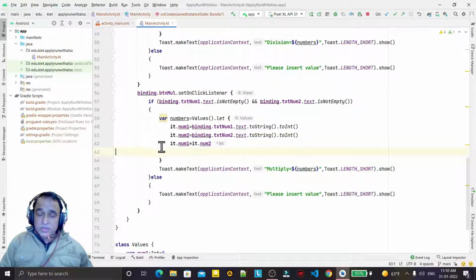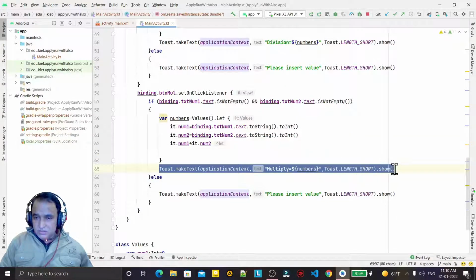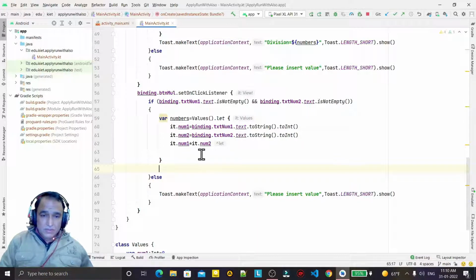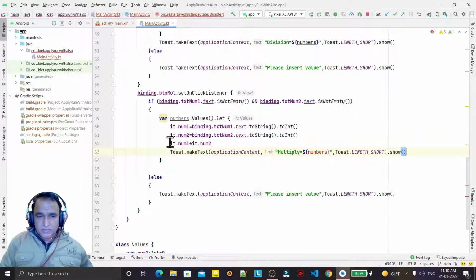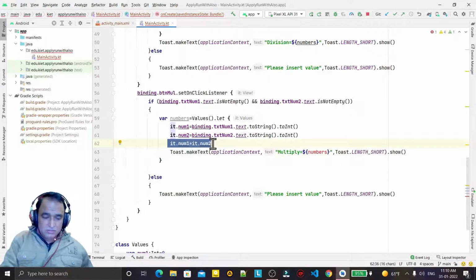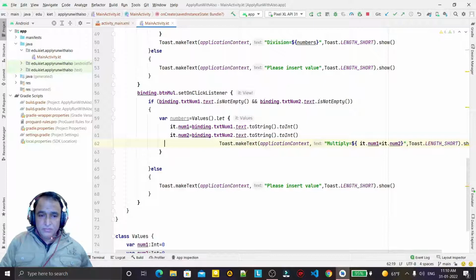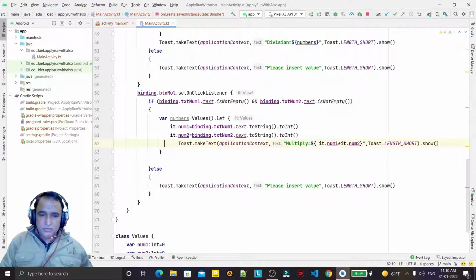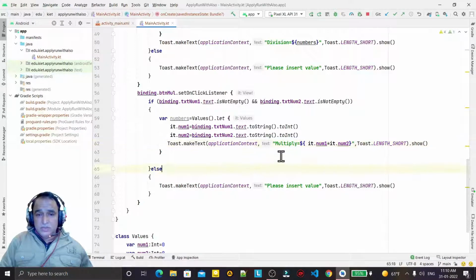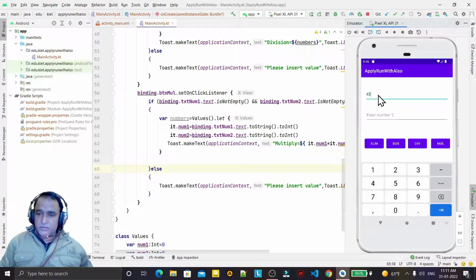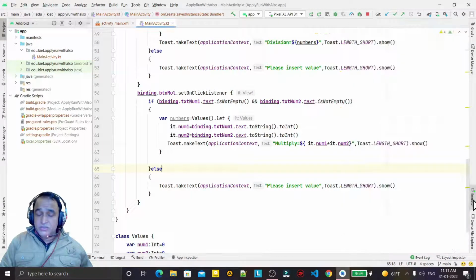So we can use it like this, and if I want to put this inside this, I can also do it, no problem at all. I just have to remove this and put it this way inside it. You see, if I don't want to take the return value, no need to write it, so I can use it like this also, and I run it, same result I will have. Just put here 45 and 2 and we have multiplication as 90, no result change, same result.